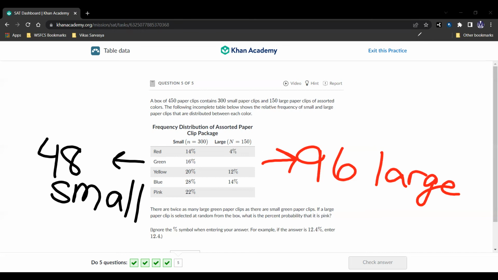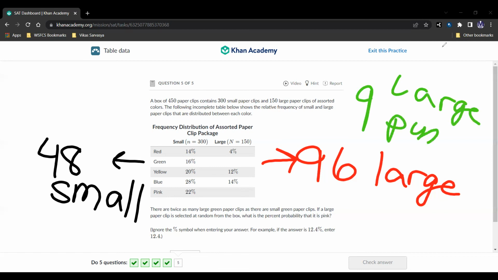Well, we have our 4% plus the 12% plus the 14% of red, yellow, and blue, which makes 30%. So 0.30 times the 150 is going to be 45, plus the 96 is 141, which means that there are going to be 150 minus 141, or 9 large